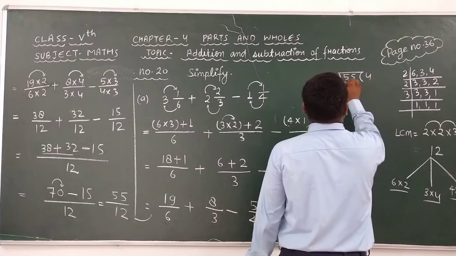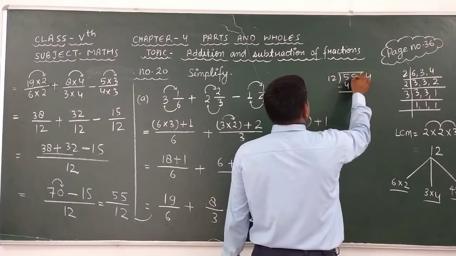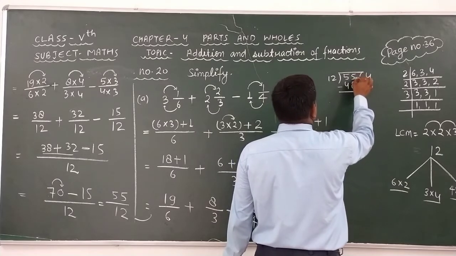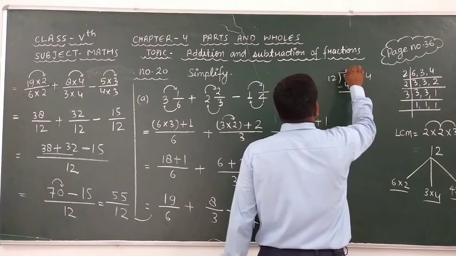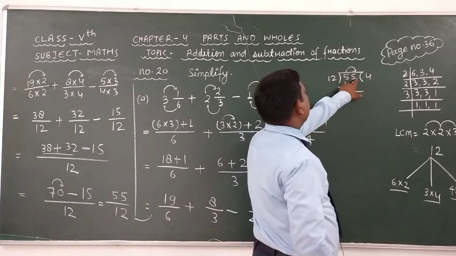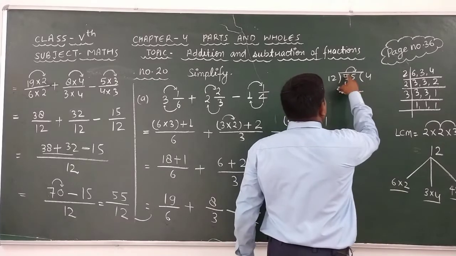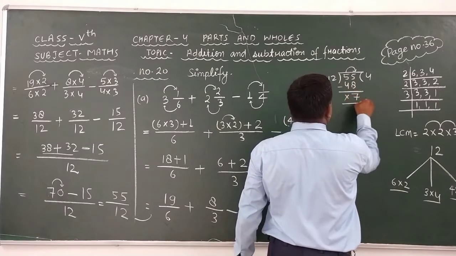12 4 ja 48. Okay, here we get 5, here 8. Here we have to take one borrow from this 5, and this 5 makes 15. 15 minus 8 is 7, and 4 minus 4 is 0. It means that cancel out.